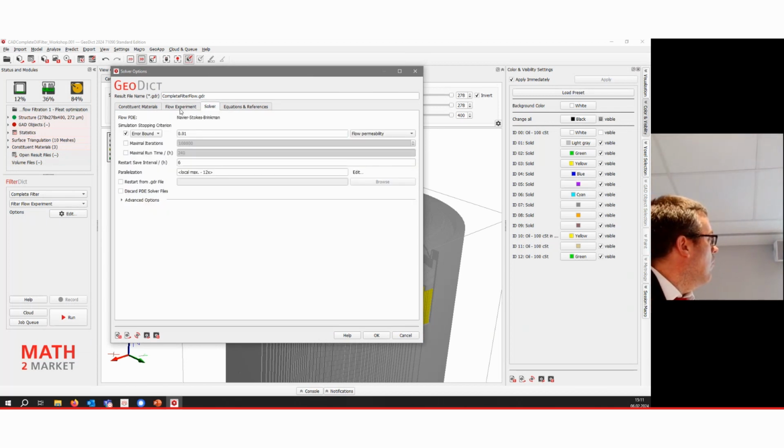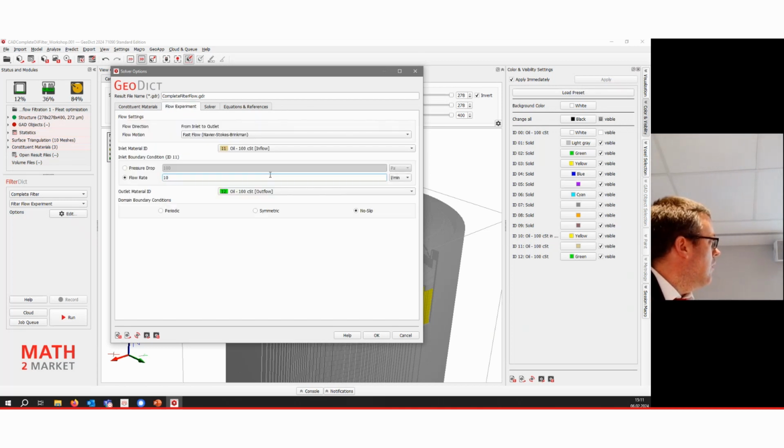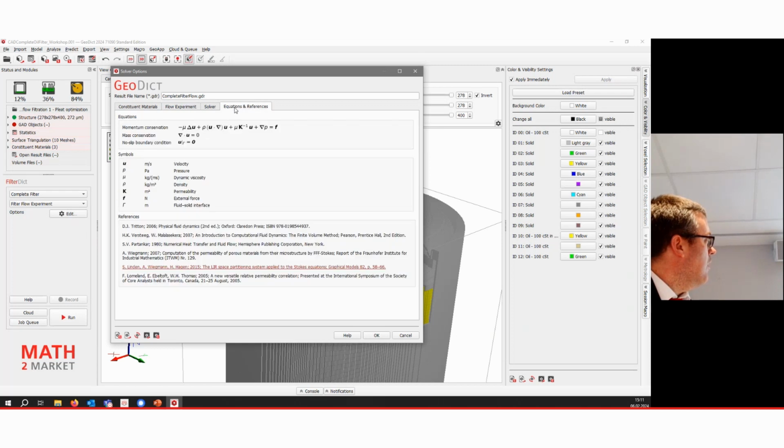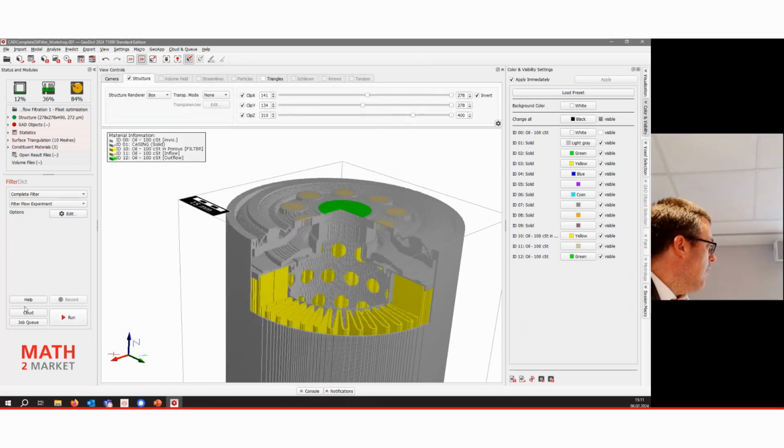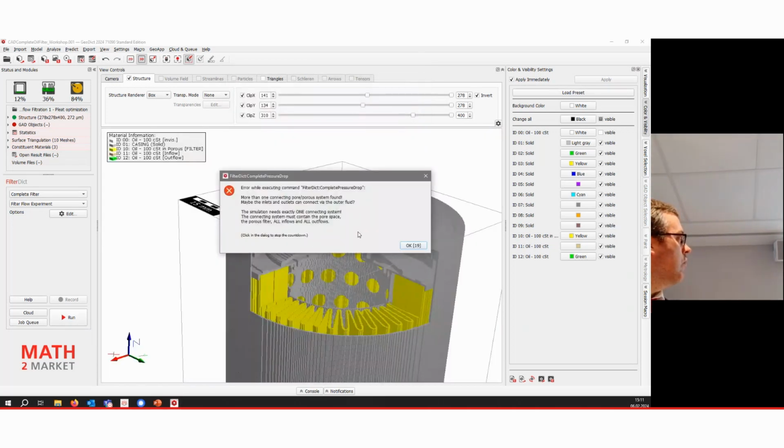Oh, no, I don't know why my mouse is jumping. Well, equations, if you are interested in that, where the references for these flow equations are, I press OK, and then I just click Run here. I'm not logged in to any cloud or job queue system, so I have to do it locally.